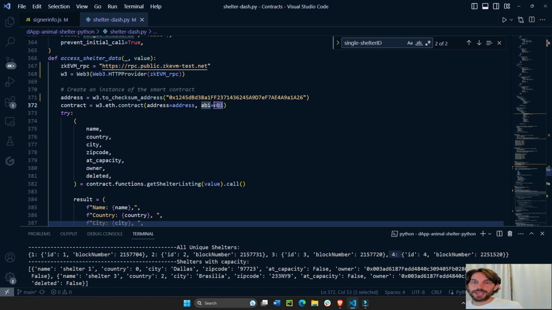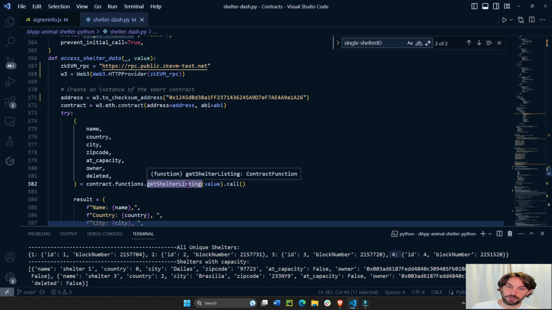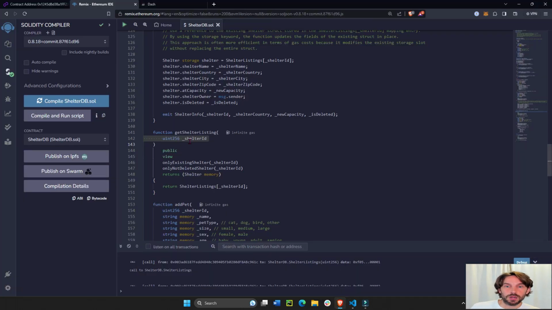So we have the ABI, we have the contract, and now we created an instance of the contract. And now that we have our contract, we can call a certain function. In our case, we are going to call the getShelterListing function. Why is that? getShelterListing function in our smart contract on line 141 is a function that allows us to